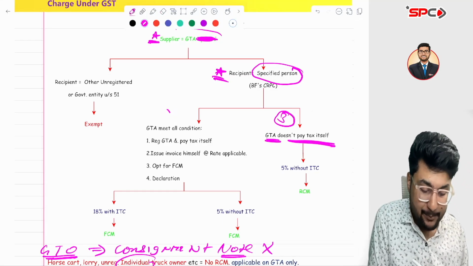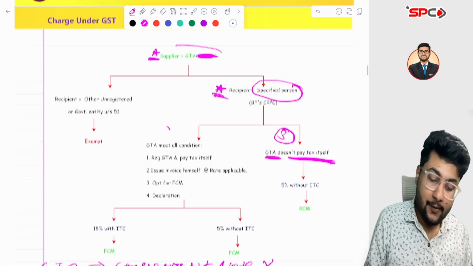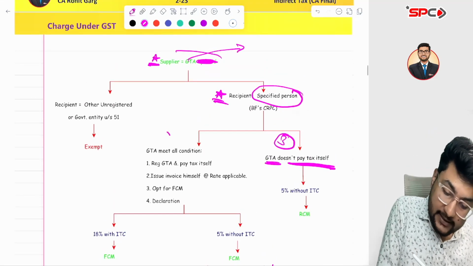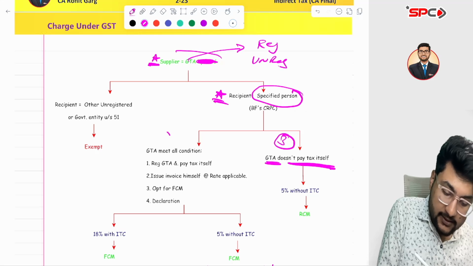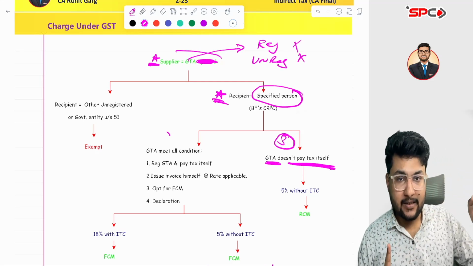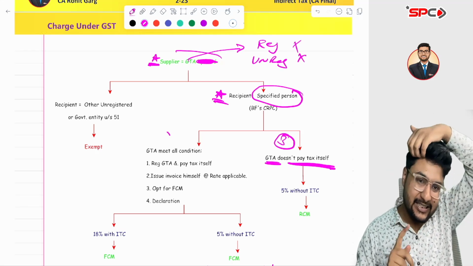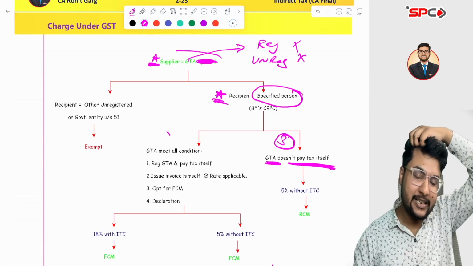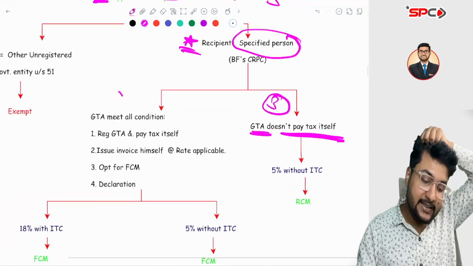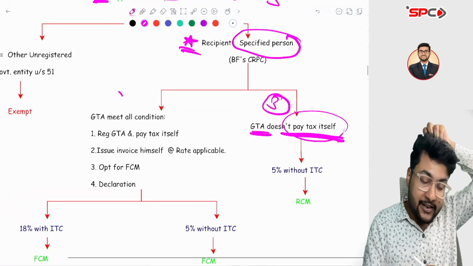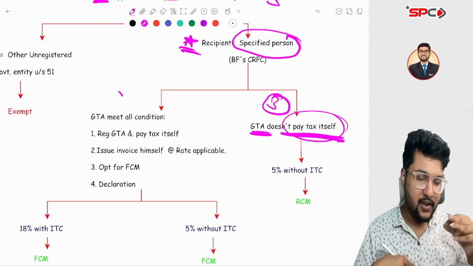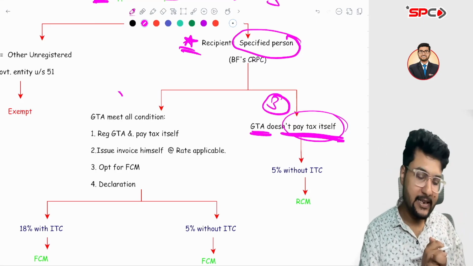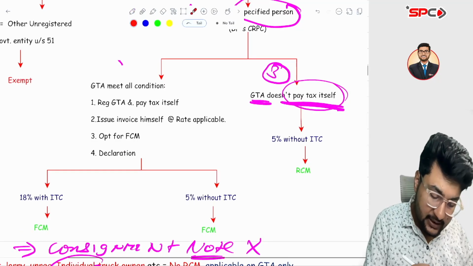GTA doesn't pay the tax itself. One more thing I have to clarify. GTA can be registered and unregistered. There's no such difference here. Even an unregistered GTA can supply here. Even a registered GTA can supply here. Even if GTA is registered, he has the option. He doesn't want to pay the tax itself. In this case, if a GTA doesn't want to pay the tax itself, the recipient